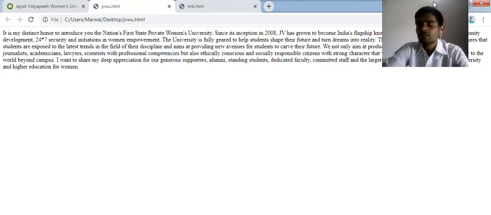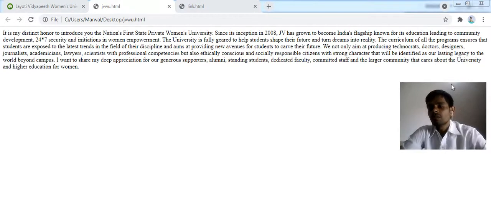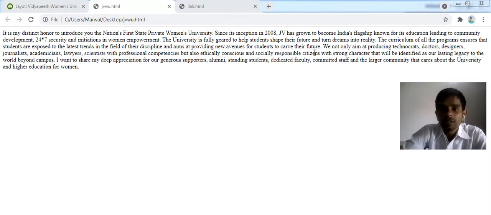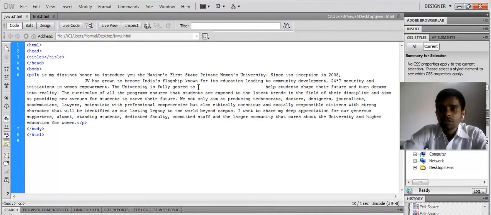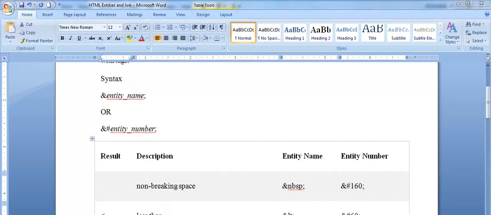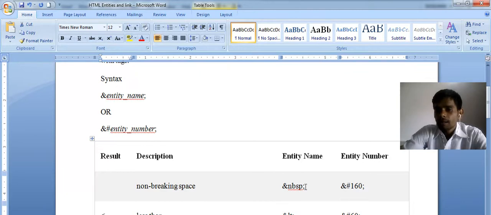There is no effect of that particular space, but I need a space after this 2. How can I create the space? We can use the ampersand and the NBSP entity name. Let's see how it works.